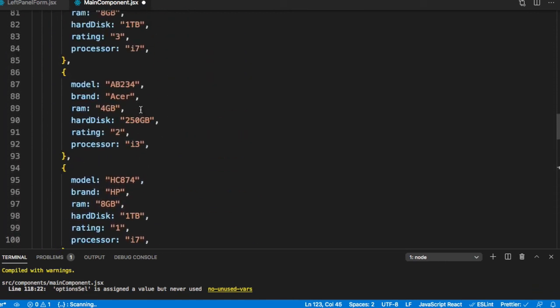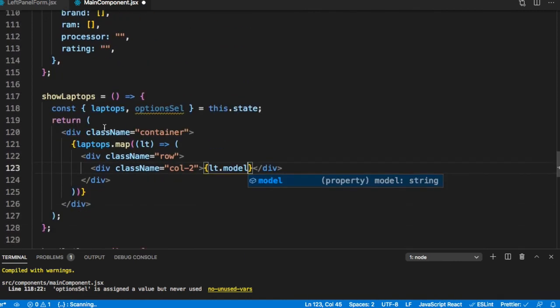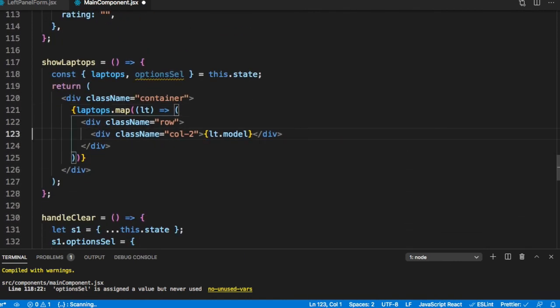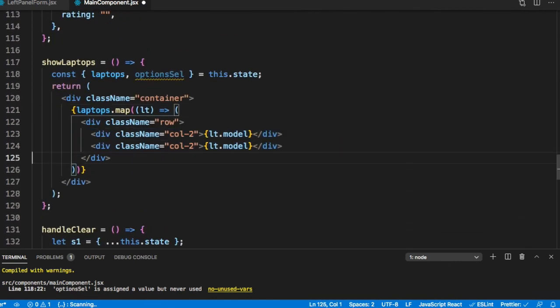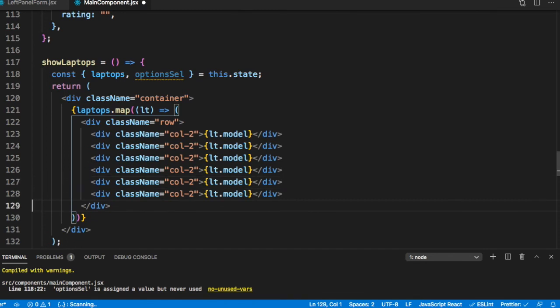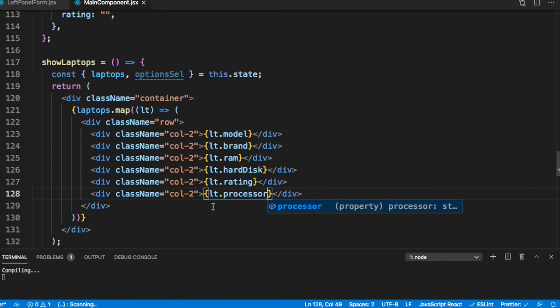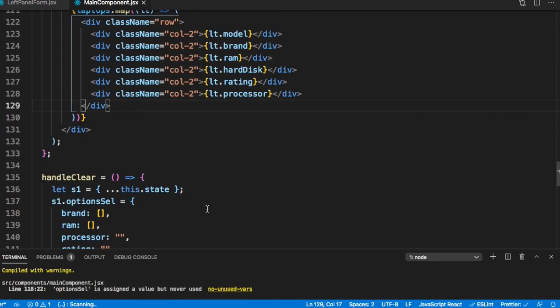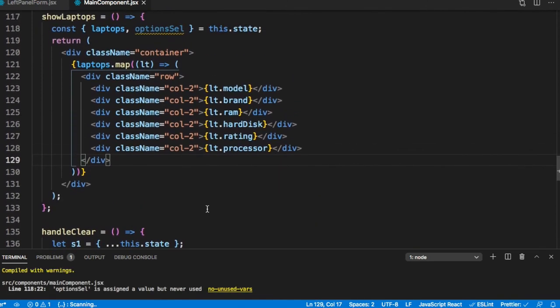What are the fields we have? Model, brand, rating, hard disk. So let's just do that. So we have just displayed all the laptops.